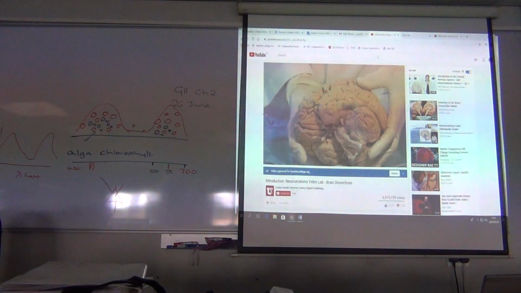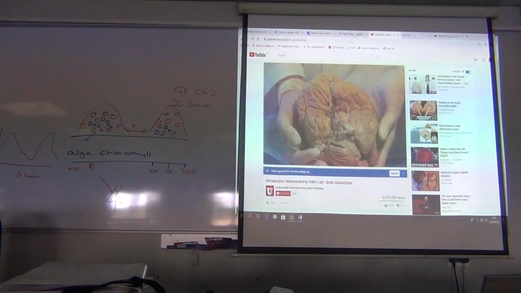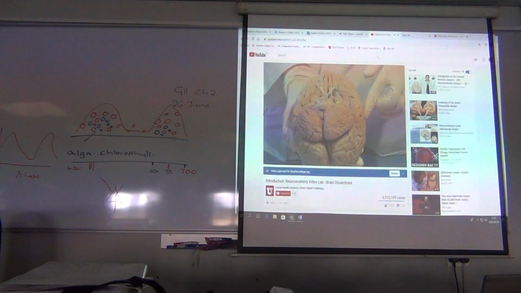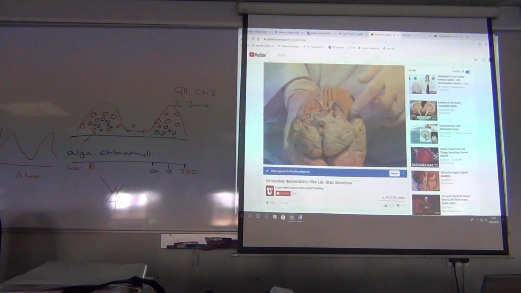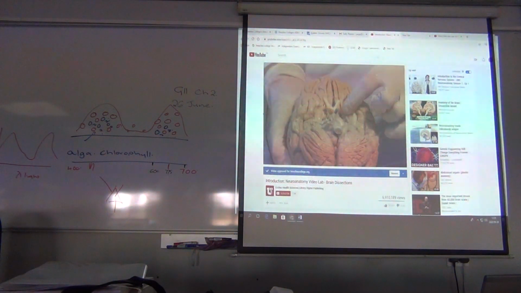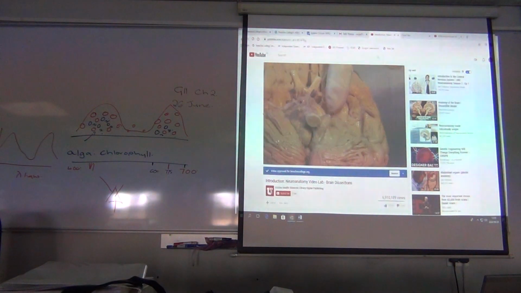Aphasia is a language disturbance. The temporal lobe, in addition to having an auditory function, has an area underneath this gyrus here, which is required in one